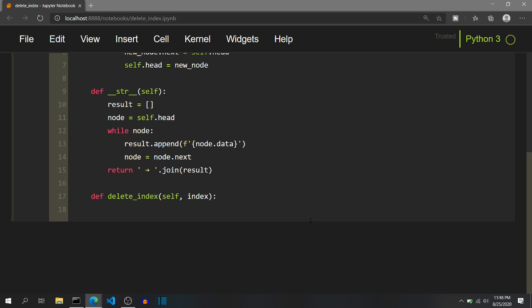So first, the valid range of the index parameter is 0 to n minus 1, because we are following zero based indexing, and so any other index value should be a boundary condition for us. First we will see a very simple boundary condition: if index is negative, that is if index is less than 0, we will straight away raise an IndexError and state a message that negative index is not valid, so that the programmer who uses this function can understand by this error message why this IndexError has been raised.